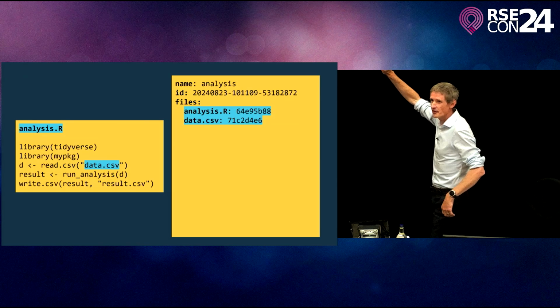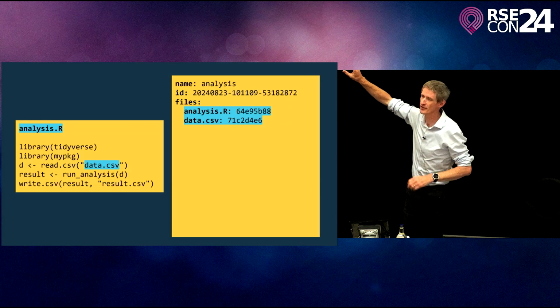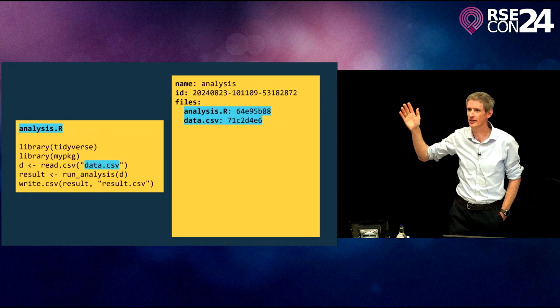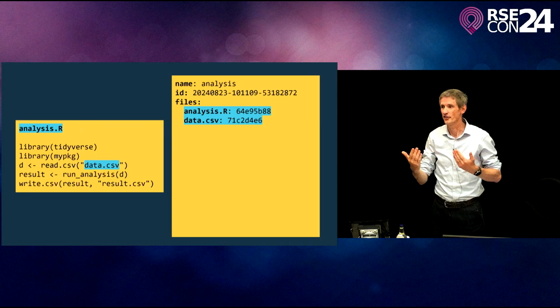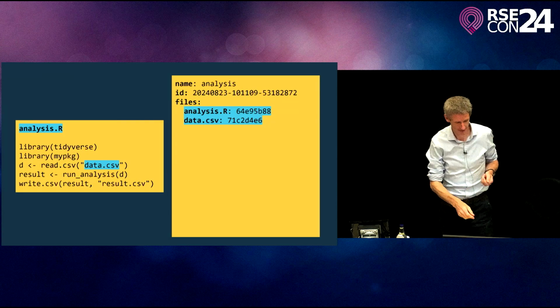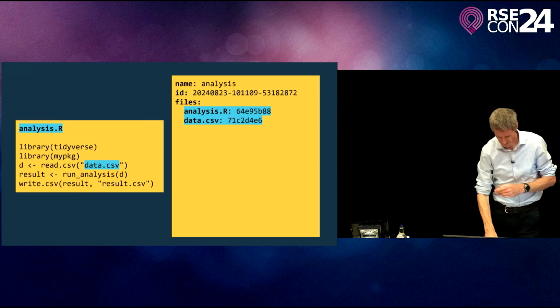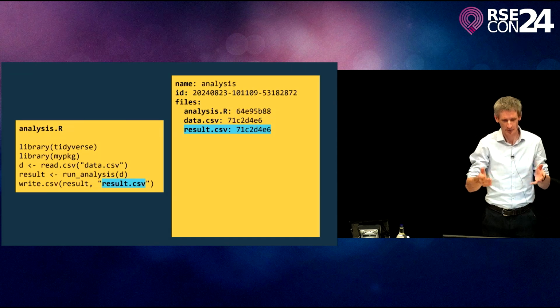And along the metadata, which again I've just sort of displayed in a pseudo YAML-y sort of way, it's not how it's stored, we've recorded some information about that. So the hashes of these files are super useful. If you've got the hashes of the file, you can start asking questions like, did it change? Without having to go through and check all the files. But we already know what went into the analysis because we ran it, right? And we know what came out of the analysis because we ran it as well. And we've got copies of all of these things.